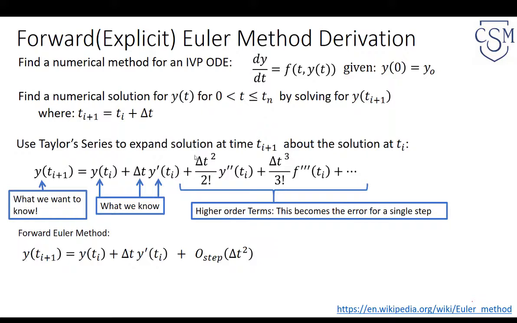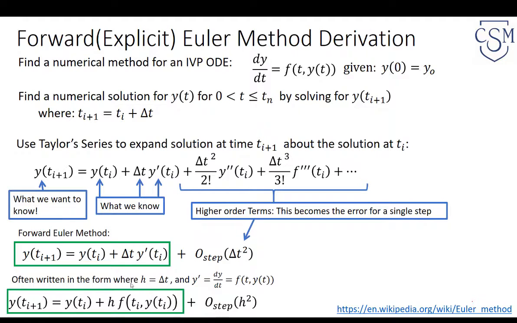So we say the error of the step is of order delta t squared. That is, as delta t decreases, the error for the step decreases with respect to delta t squared. So this is our forward Euler method. It is often equivalently written in the form where we say that the delta t is given as this step h. So oftentimes the notation for delta t, or any time step or independent variable step, is given as h,